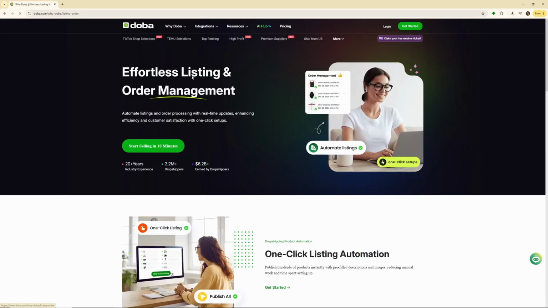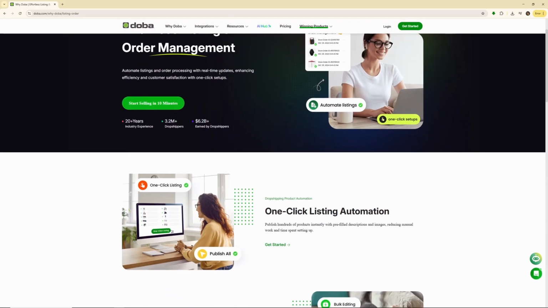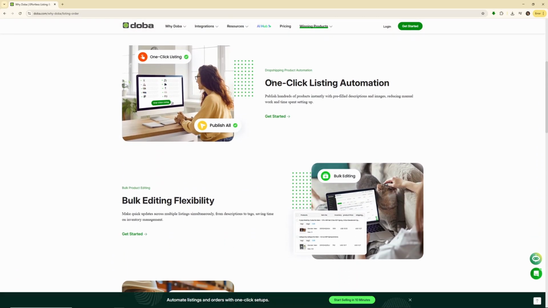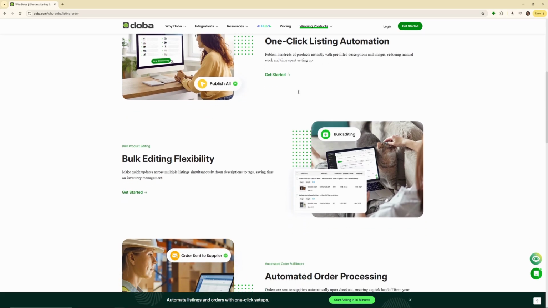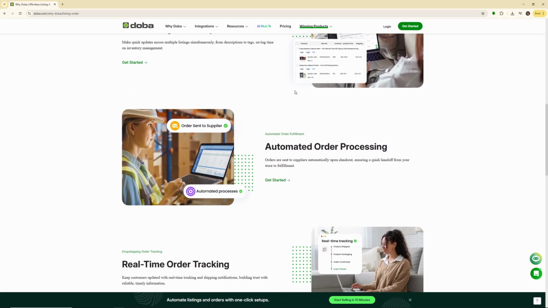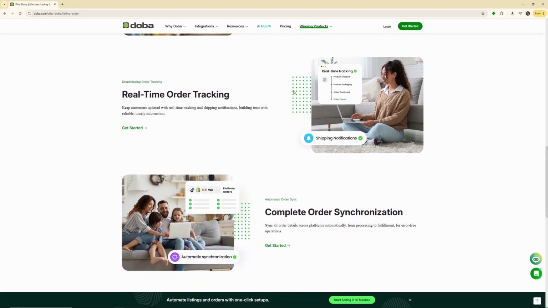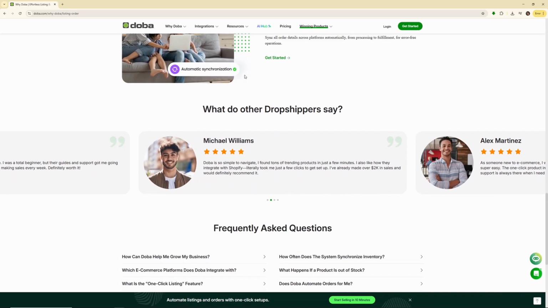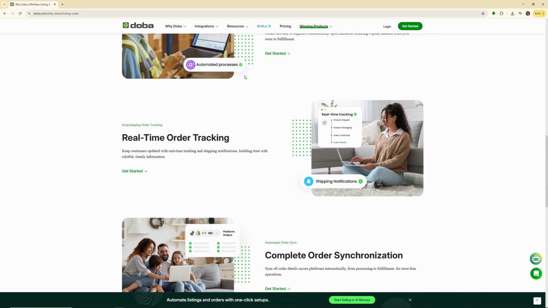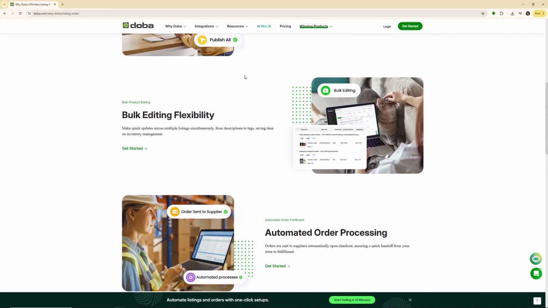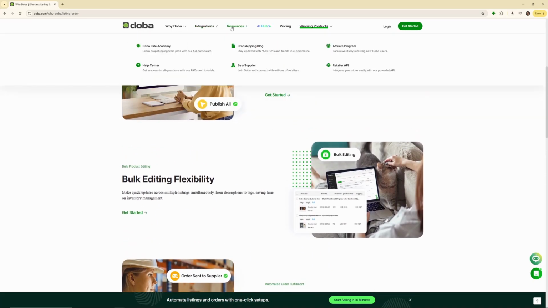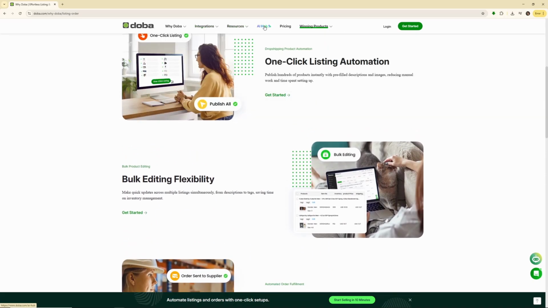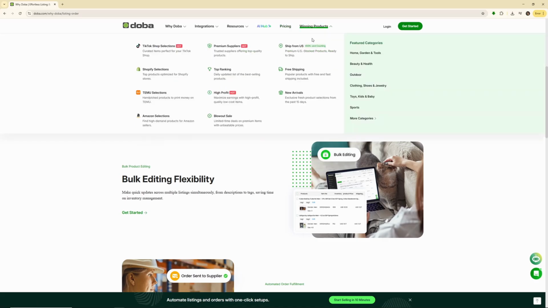Doba features an intuitive interface that's simple to use even for those just getting started with dropshipping. It comes equipped with helpful tools such as product discovery, price analysis, and order tracking, all designed to streamline your workflow and reduce time spent on routine tasks. Another convenient feature is the ability to export product data, making it easy to transfer and upload listings directly into